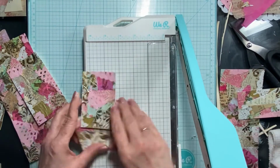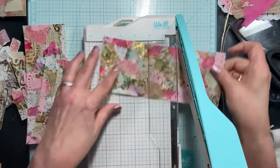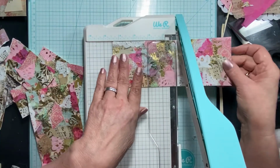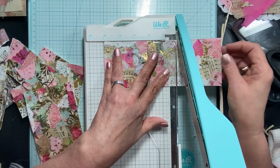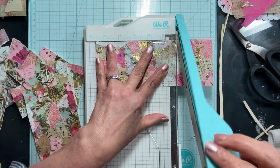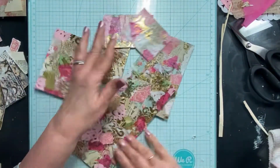All right, so then let's see, I'm going to keep that big. I'll make this smaller, about 5 inches. Then what does that give me? Now I want to go bigger. Yeah, I'm going to do that. Okay. So then I end up with all these little pieces like this,